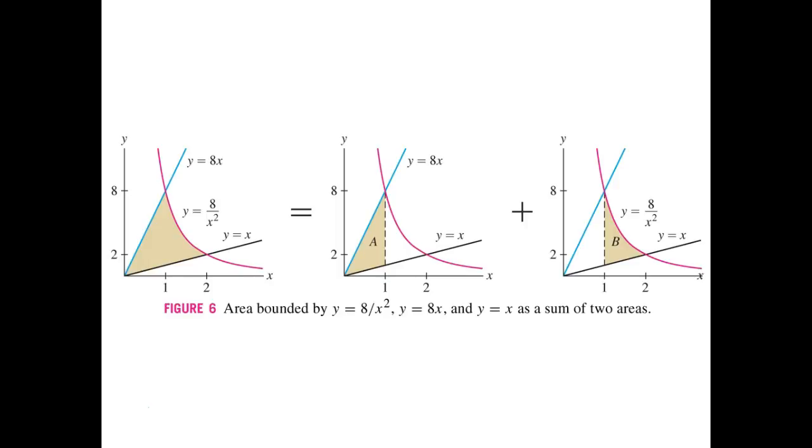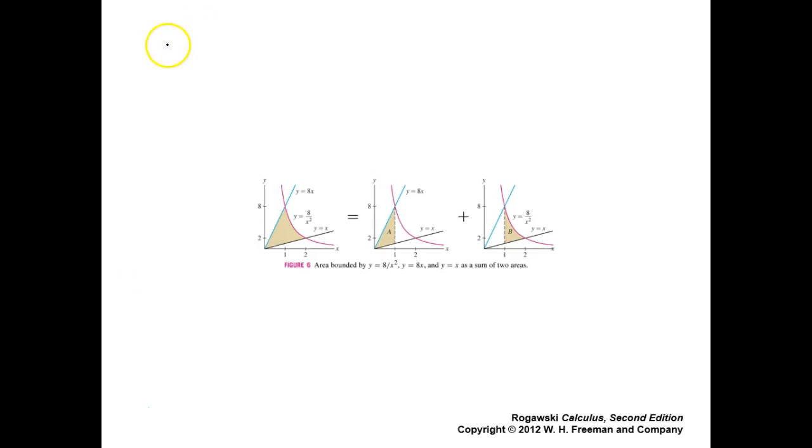Now, what we have to figure, though, is where the points of intersection are. They've shown you here, but I don't think it's fair to do that. What we have to do is say, well, this is equal to that. So let's do that one first, where 8x is equal to 8 over x squared. How would you solve that equation? Multiply x squared by both sides. That sounds like a good thing to do. And that would give you